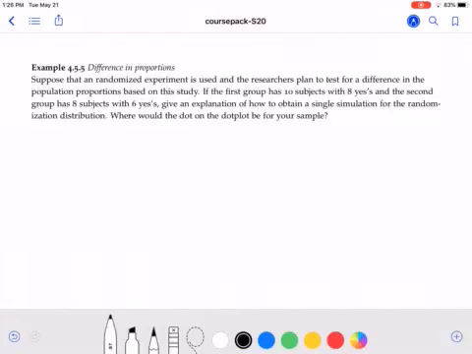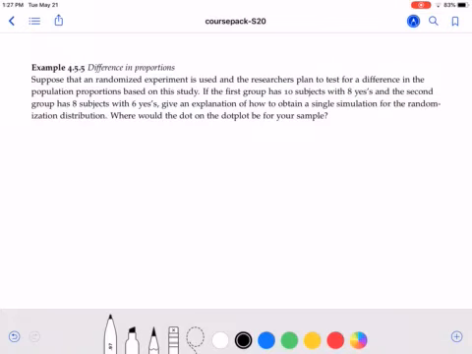In this example, we don't have an actual data set or a problem that we're working on, but we just want to get a feel for what StatKey is going to do when it creates the dots for a difference in proportions that come from an experiment, whereas in the last example, we looked at an observational study. So suppose we are looking at a randomized experiment where we're testing for a difference in population proportions, and we